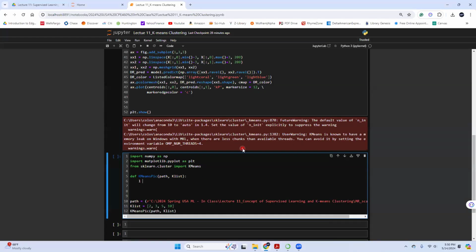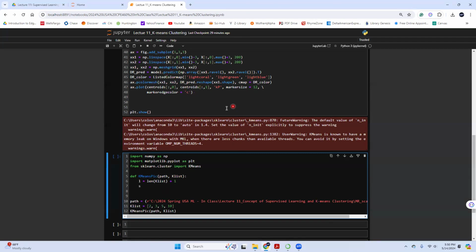So first of all, I will make the length equal to the length of k list plus one, because again Python starts from 0 instead of 1. And then I need to define the row and the columns first. Suppose my k length is L. What I'm going to do is take the square root of L and apply the ceiling function to make it an integer.